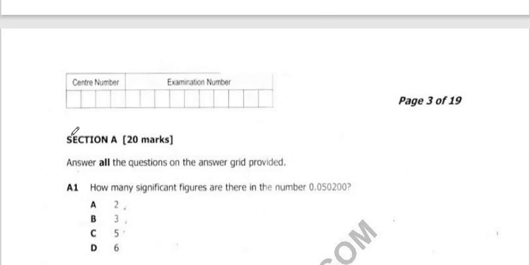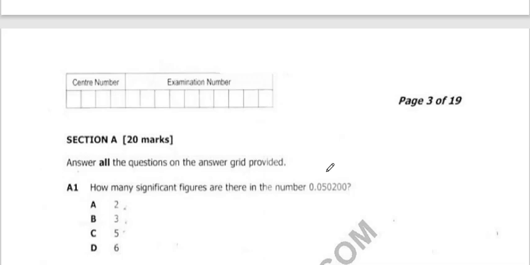Section A carries about 20 marks, and question A1 says, how many significant figures are there in the number 0.050200? How many significant figures are there in the number 0.050200? So firstly,